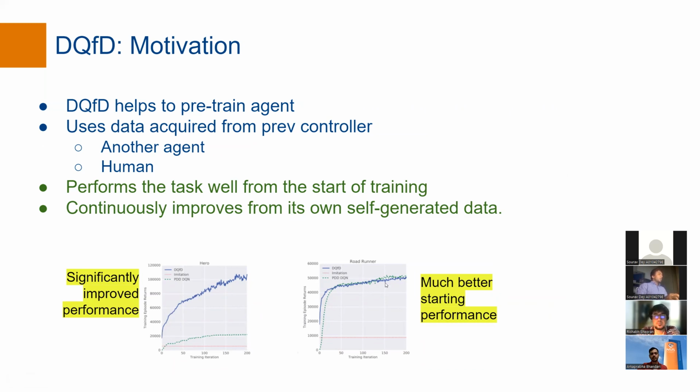On the other hand, for Roadrunner, as the training iterations converge to 100 or 200, the overall performance and the reward returns were about the same. But we can see clearly that for the first initial training steps, in less than 20 steps, DQfD had significantly higher rewards, which alludes to the fact that DQfD starts with a model that is pre-trained as compared to standard vanilla DQN.